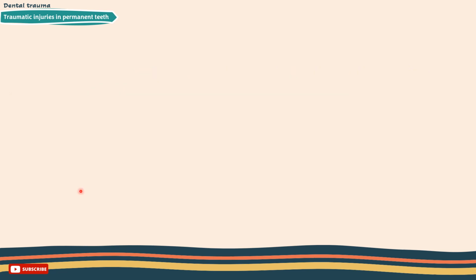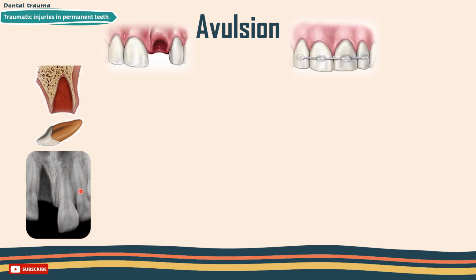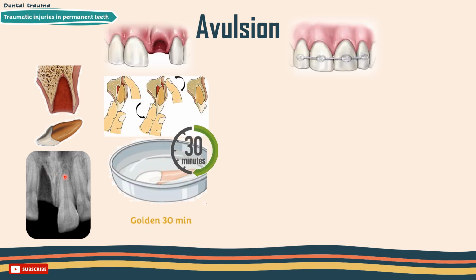Avulsion in permanent teeth. The prognosis for avulsed permanent teeth is very much dependent on the actions taken at the place of accident. Treatment choices and prognosis for the avulsed tooth largely depend on the vitality of the periodontal ligament and the maturity of the root. It should be reimplanted, of course, during the golden time, which is within 30 minutes since avulsion, as the PDL